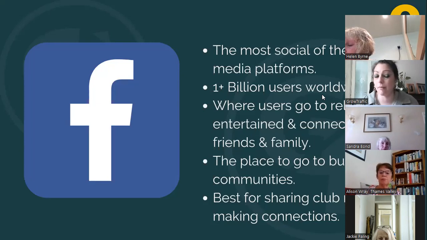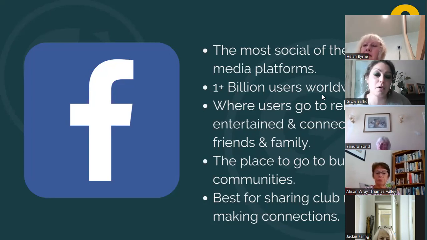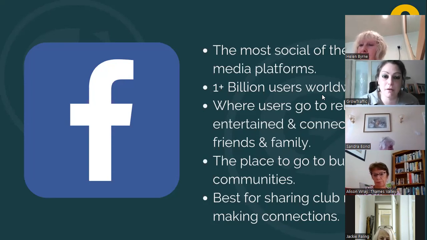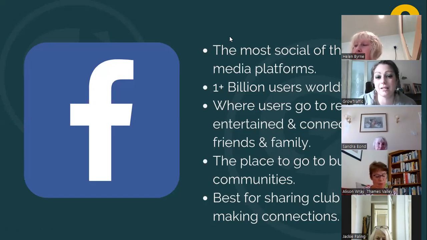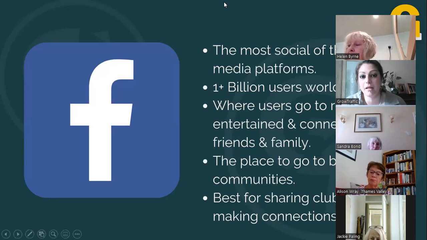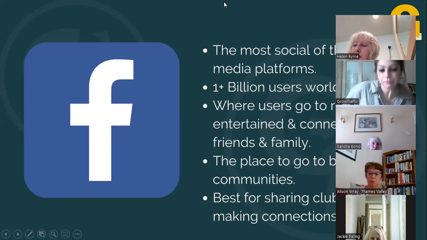I'm not saying it's brilliant. There are massive issues with Facebook in terms of the content that it allows to be shared on its platform. There are privacy issues, but it survives because it is a chameleon. Because you can do almost anything on Facebook that you can do everywhere else, it remains one of the most popular ones, with the most users and the most engagement. And honestly, it's where most people will go. For a lot of things that we're going to be sharing as Soroptimists, Facebook is the place to be.